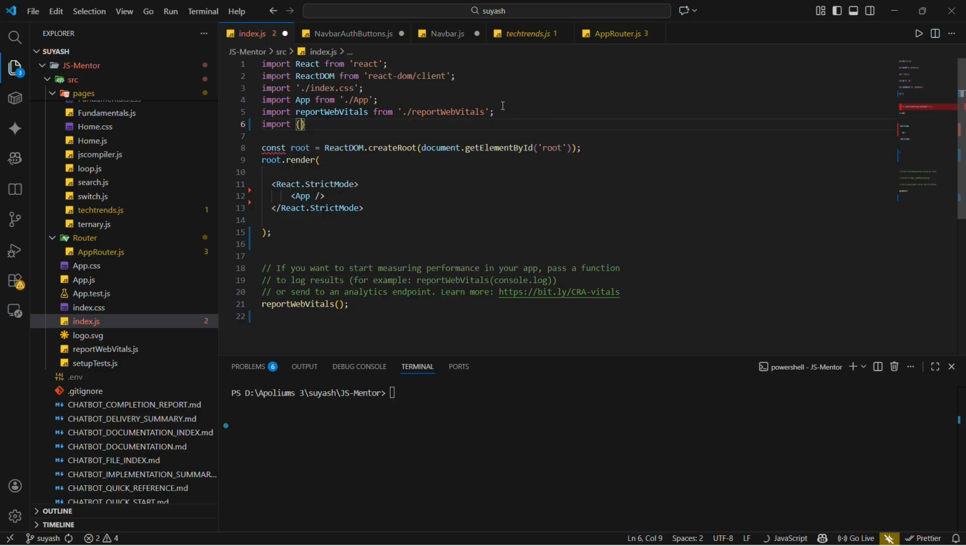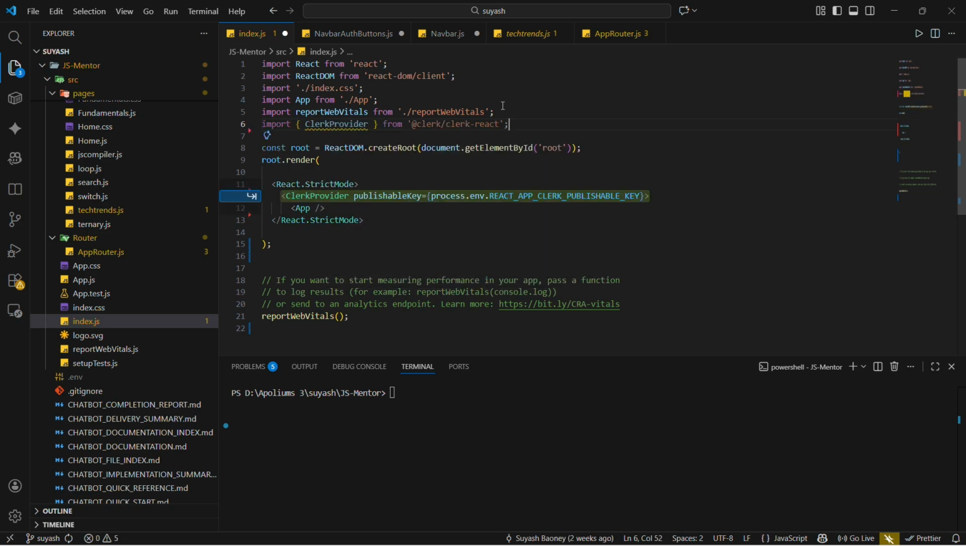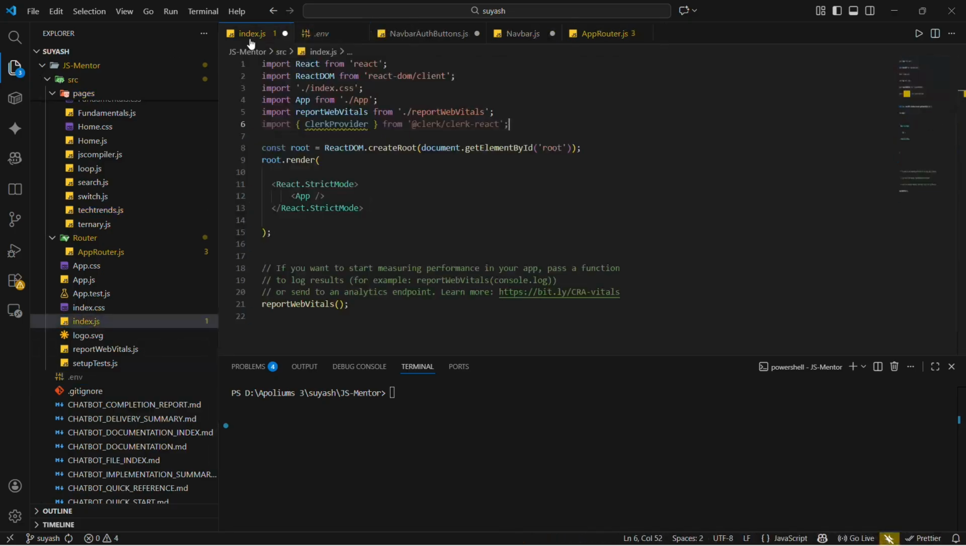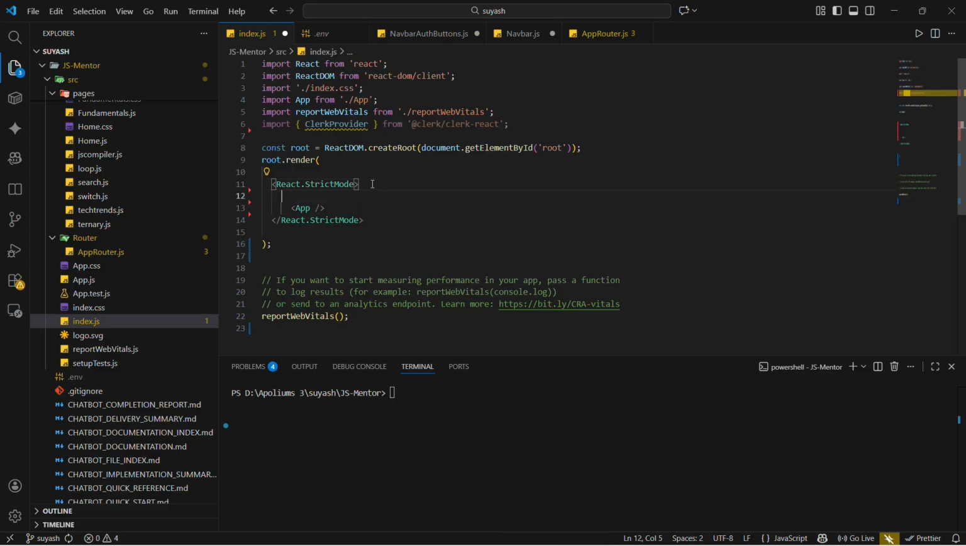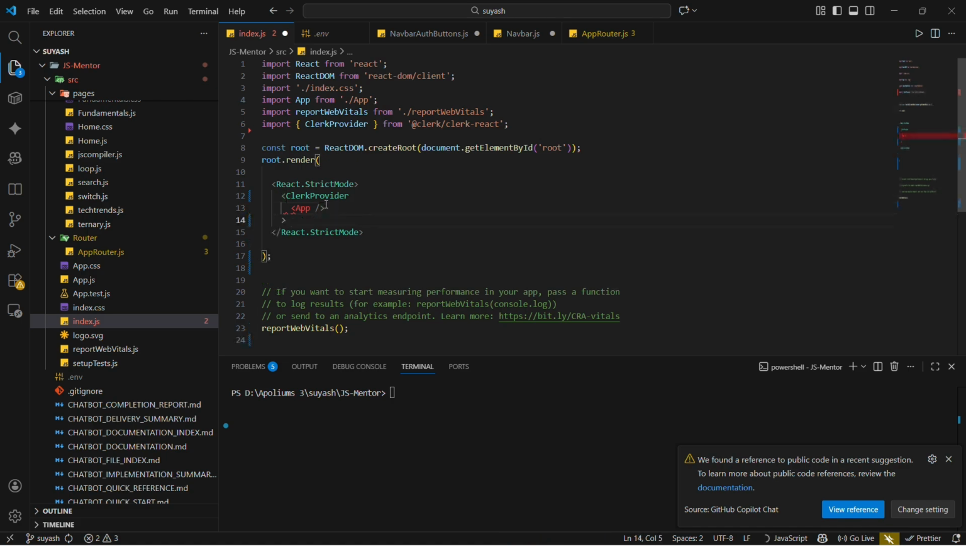Okay, I think I need to add this inside. Yeah, this is the code. This is the import statement. And then inside this React.StrictMode, I need to add the ClerkProvider and the publishable key. It is always a good practice to add the publishable key in an environment file, which I have done already. Now inside this React.StrictMode, I will cover this app with ClerkProvider. I will wrap the